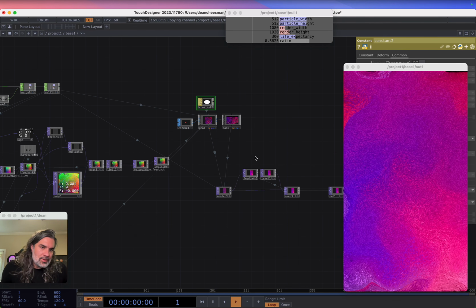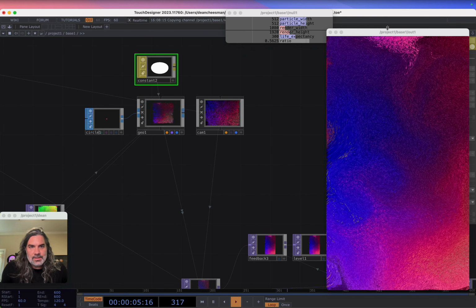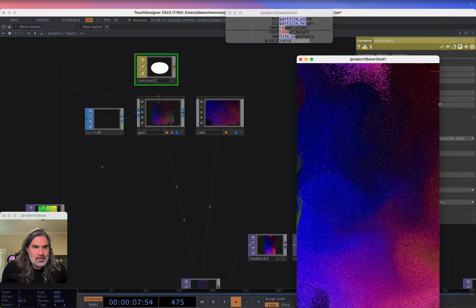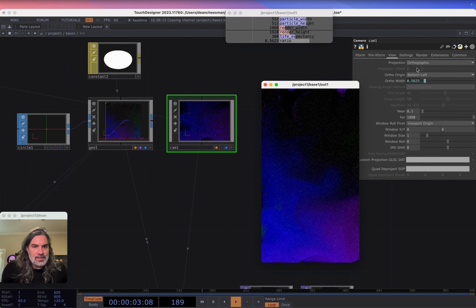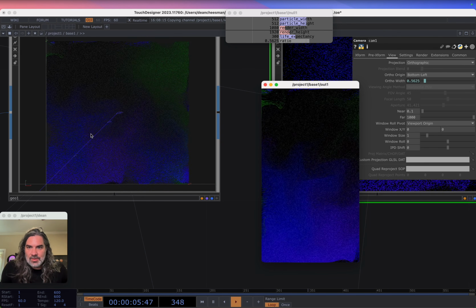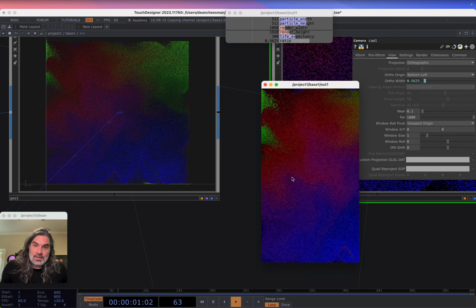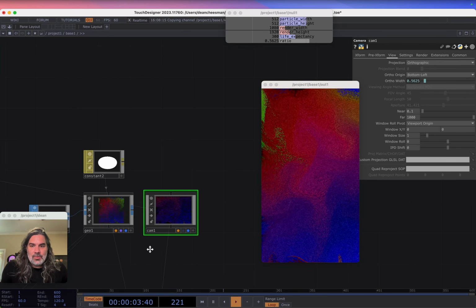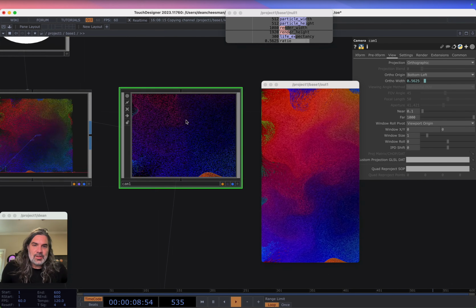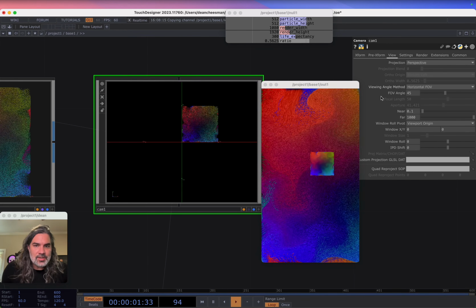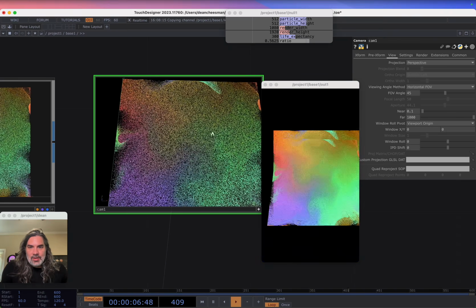Let's see, what else can we add to this? One of the effects that I added is a camera angle. So instead of my orthographic, oh, actually, one thing I'm just realizing we haven't done is we haven't fixed this to our normal frame. We could just use it like this, I guess. We can just leave it as it is, because we're going to use the camera to move around on it a bit. So we're going to change to a perspective camera now, and I'm going to use my mouse and zoom in here. I'm going to put it at a little bit of an angle,